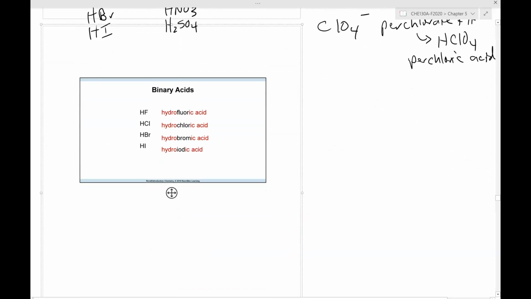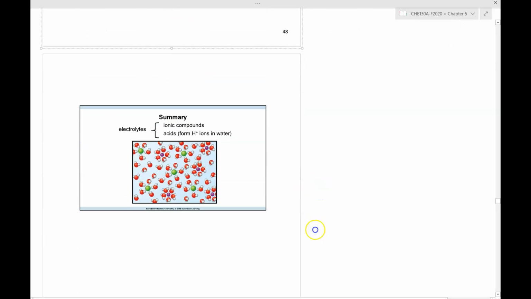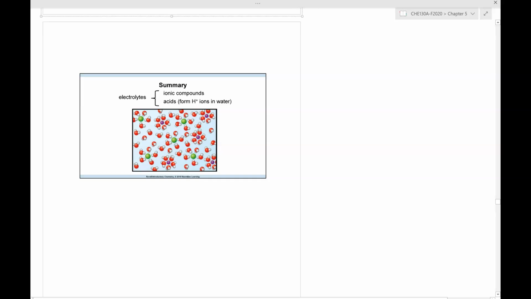So again, here they call these, the mineral acids, they call them binary acids. So that's basically what we just reviewed above. Here is an image showing how our acid, which would have been a little purple and green molecule, so, little purple and a bigger green, where the purple is the H plus and the green is the X minus, maybe chloride